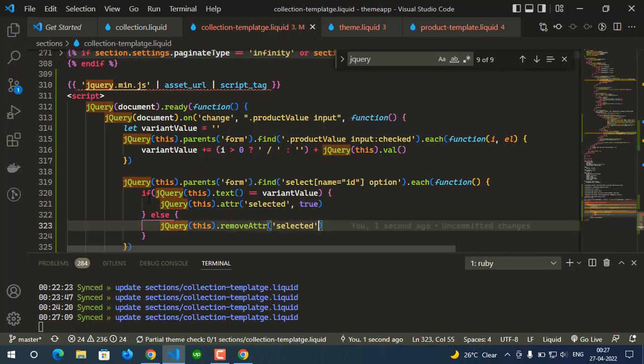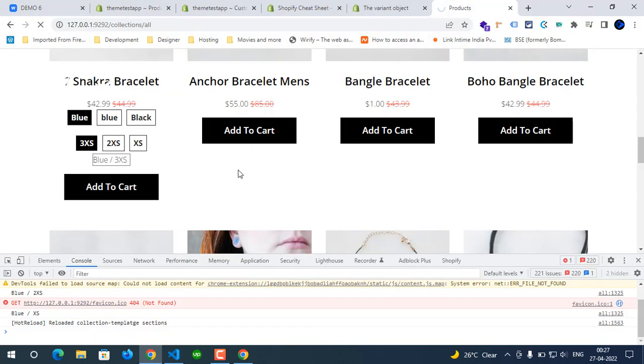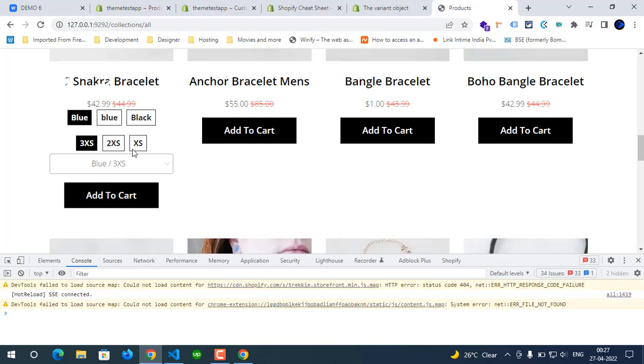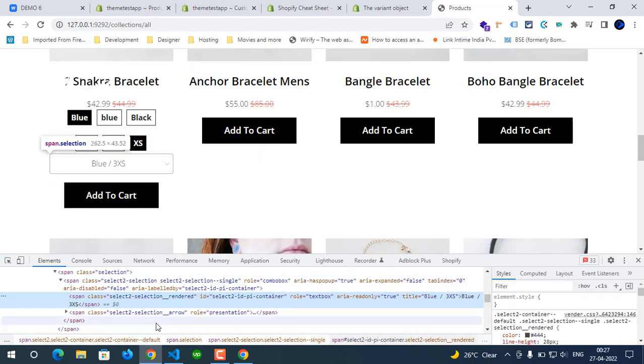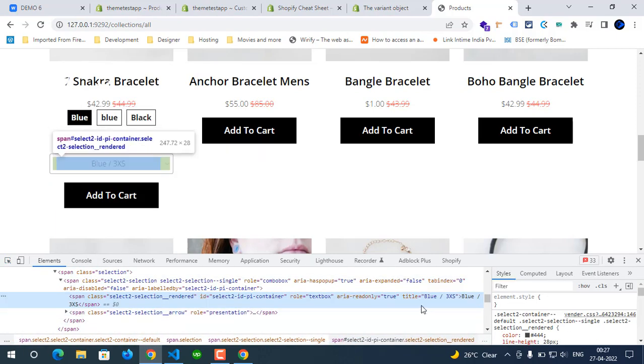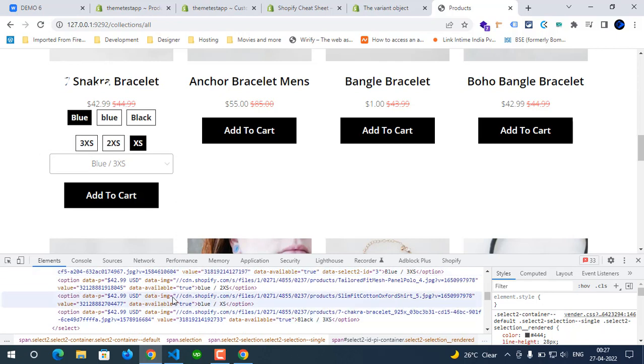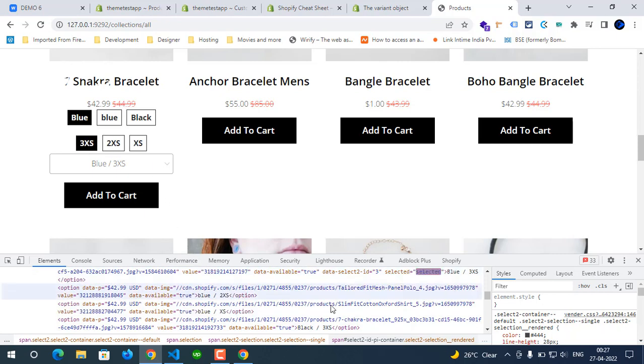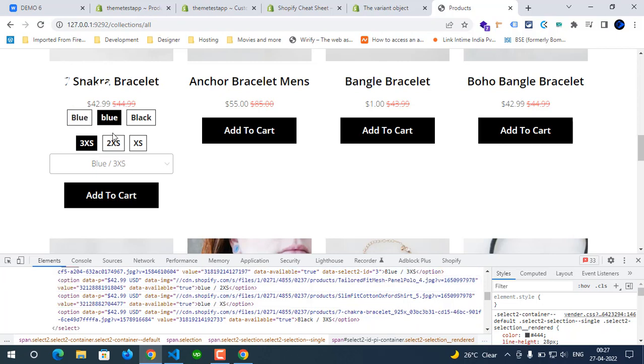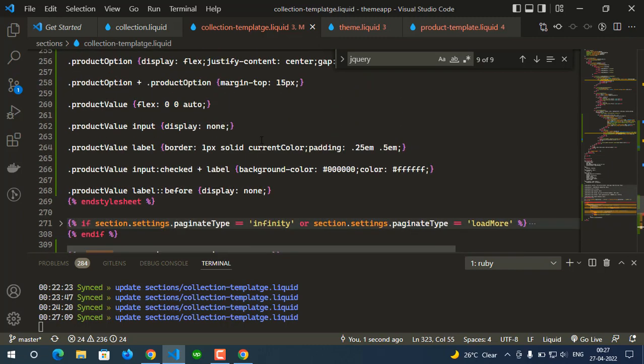Okay, then let's see what we got now. Okay, so this one is working fine, but there is an